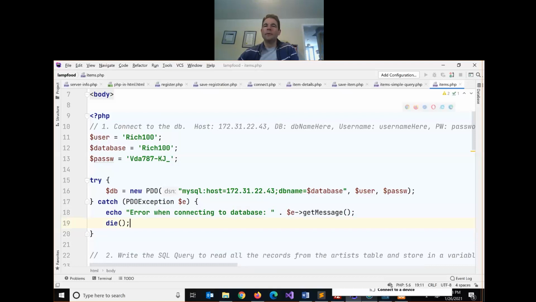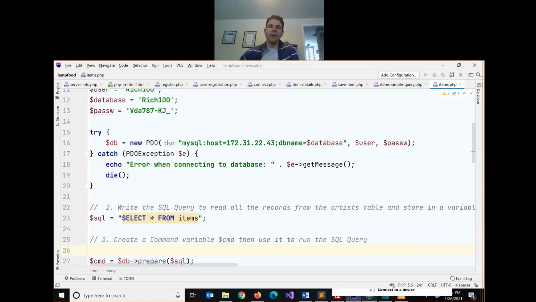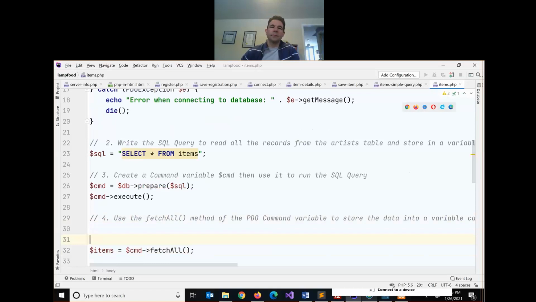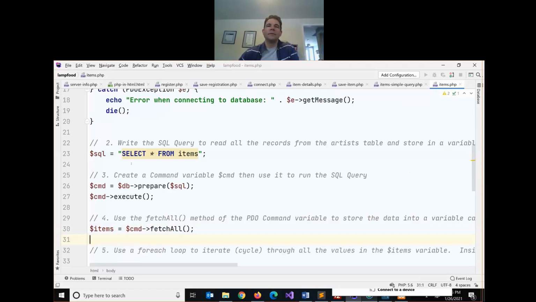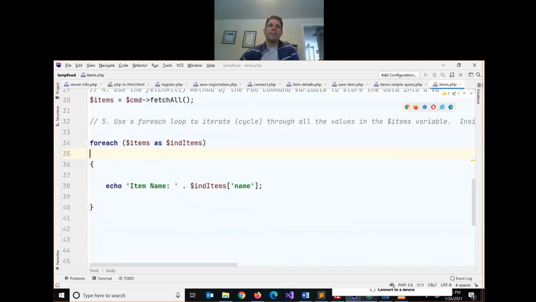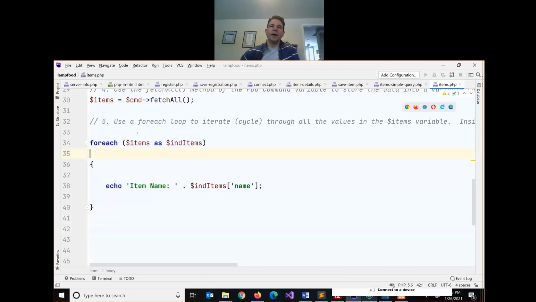So I'm going to remove the white space in the individual code blocks. We're going to write the same query, use the same command. So I'm not really changing anything in the first 4 sections, other than taking away the white space. But I am going to change this section. So outside of our loop,